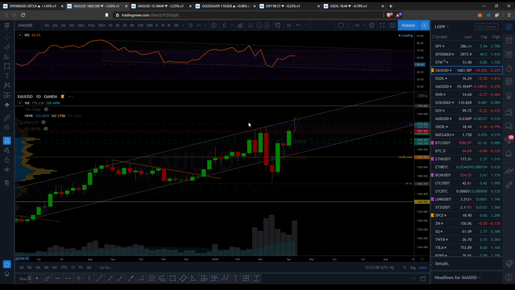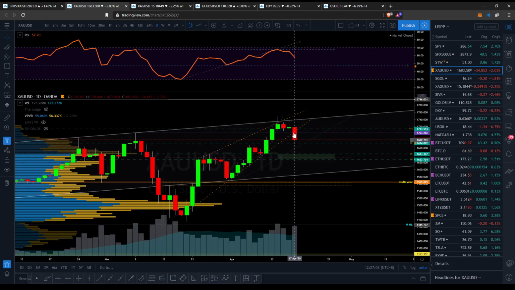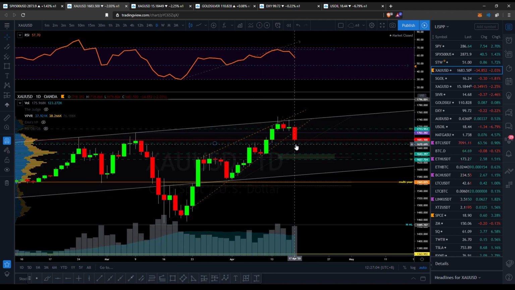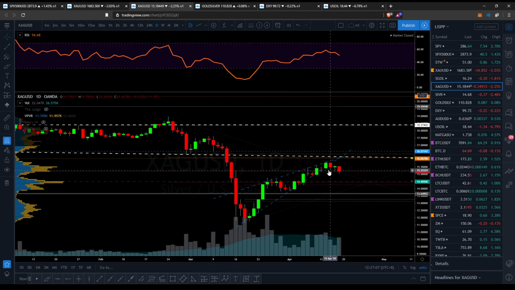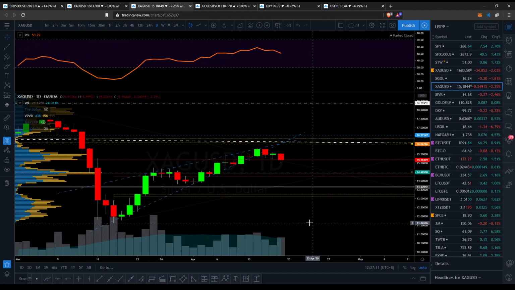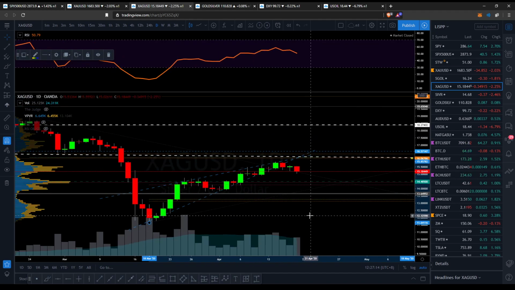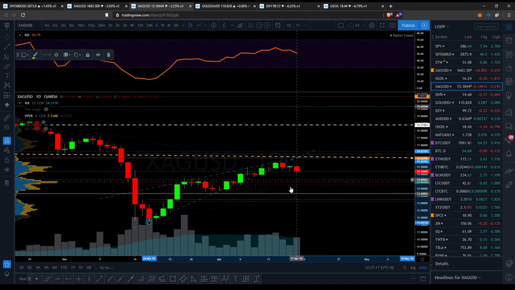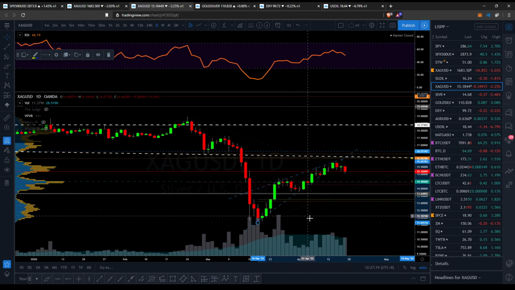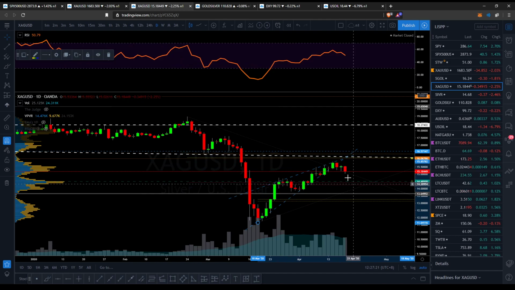As you can see on the daily here, on gold we only had the first day of the breakdown, but at the silver we already had the third day of the breakout from this rising wedge, and yeah, so we will have a look to possibly load up on silver as well,